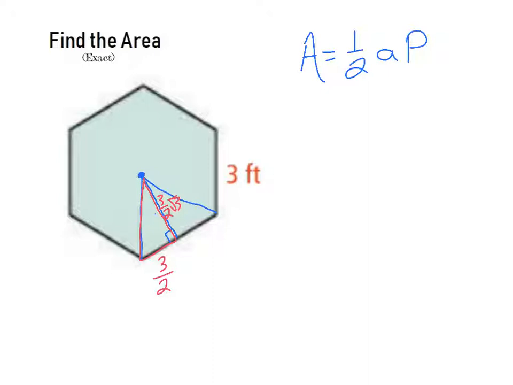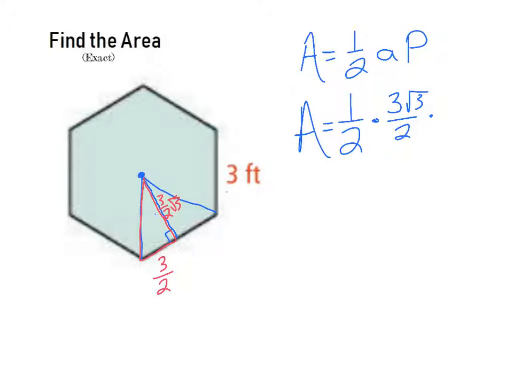Let's go over here to our formula then, and let's start filling in. 1/2 the apothem, and it might be good to start getting in the habit of writing this a better way. Instead of 3/2 root 3, they typically will take the root 3, because it's like a root 3 over 1, so they put it up on top. So it would look like this, probably would be a better way to write that. Times the perimeter,